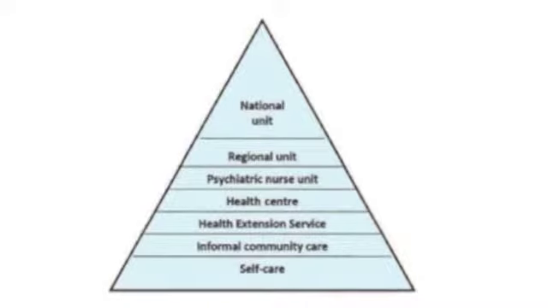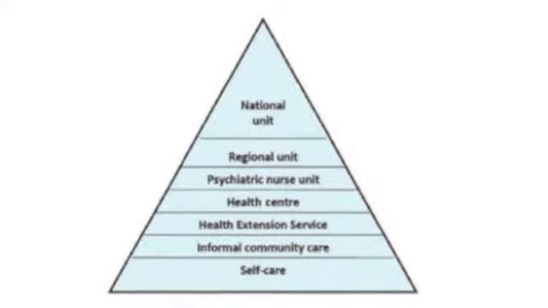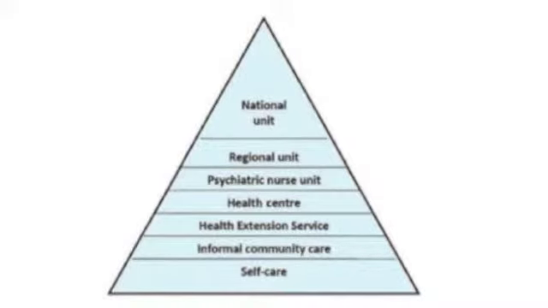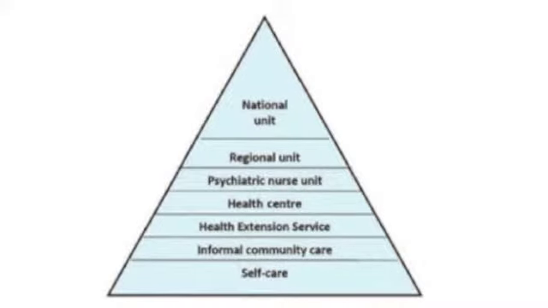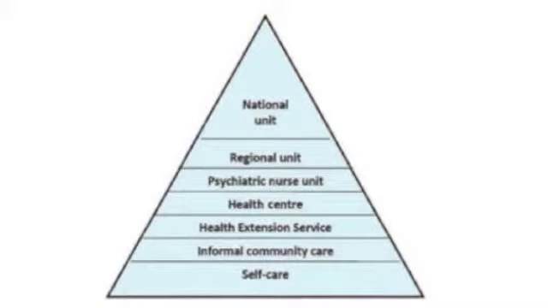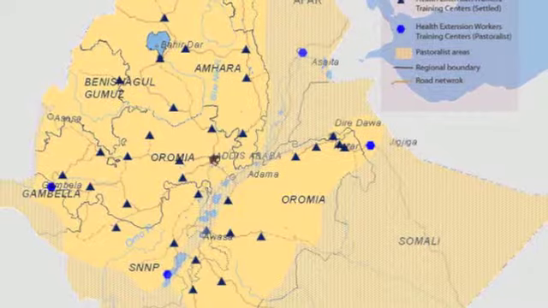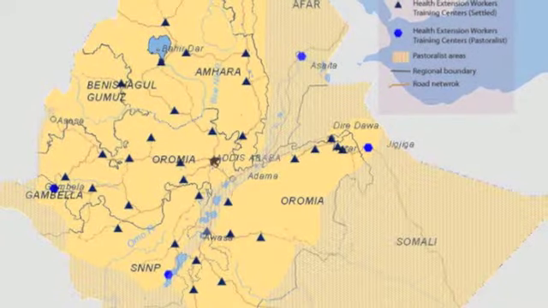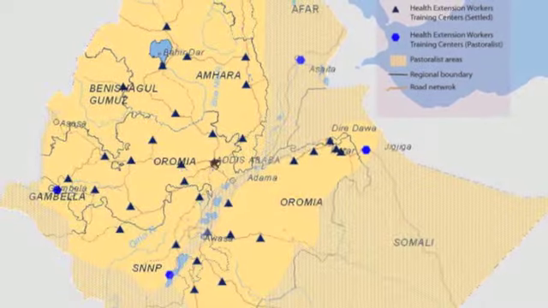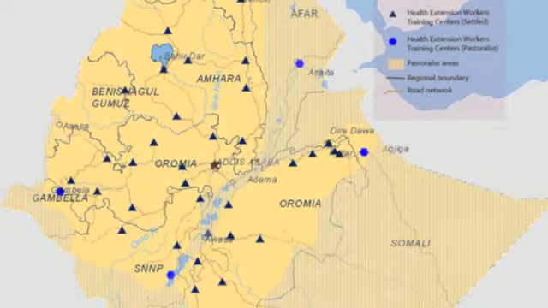The pyramid displayed here displays the hierarchy of the types of healthcare personnel that the majority of Ethiopians are exposed to. The bottom tier shows that the majority of Ethiopians are left to handle infection and disease on their own, whereas the top of the pyramid represents the amount of resources paid for and made available at a national or governmental level. Most villages of Ethiopia do not have access to any type of skilled healthcare professionals, so they have to resort to self-care. In many towns, instead of healthcare professionals, a health dispensary or government-sponsored clinic sits in as the main source of healthcare, though the majority are placed on major routes of transportation, so those in rural areas do not necessarily have access.